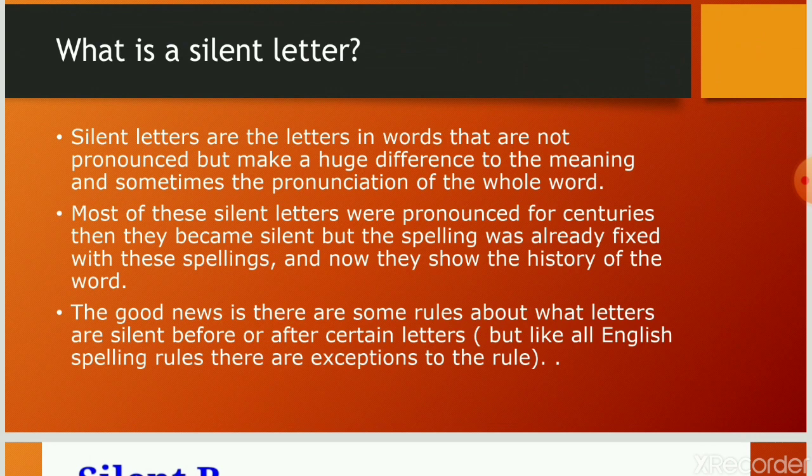So the good news is that there are some rules about letters being silent before or after certain letters. But like all English spelling rules, there are exceptions to the rule. Despite there being some rules and regulations, there are exceptions. We have to understand both cases. Is there any particular rule that we understand? There are some absolutely clear and transparent rules, but there are some exceptions. We have to go to the particulars to understand exactly. So we are going to start with the first